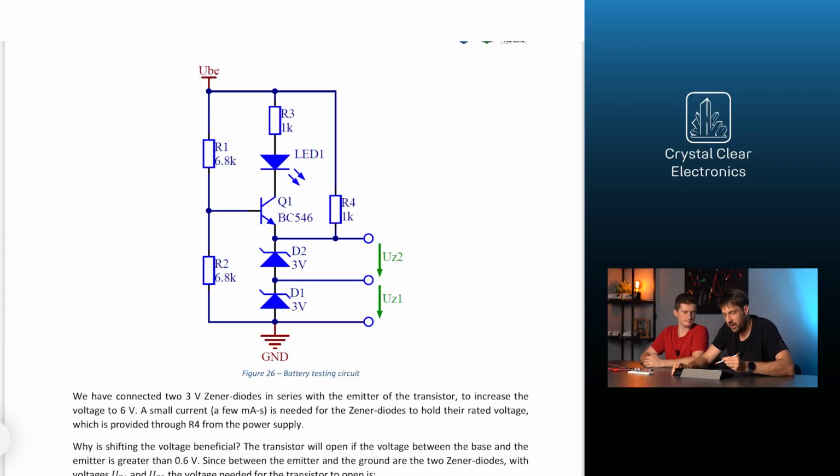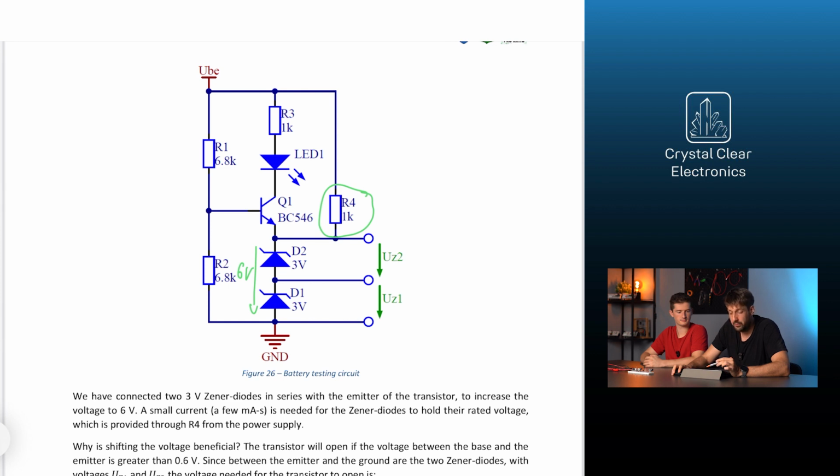Our next circuit can be used to test 12-volt batteries. It uses two Zener diodes to shift the voltage level of a transistor circuit. We have connected two 3-volt Zener diodes in series to the emitter of the transistor to increase the emitter voltage to 6 volts. A small current of a few milliamperes is needed for the Zener diodes to hold their rated voltage, which is provided through R4 from